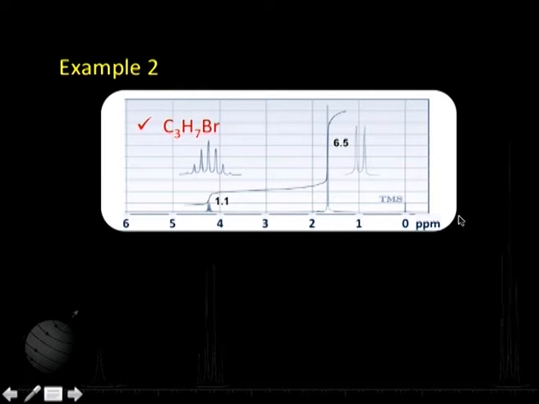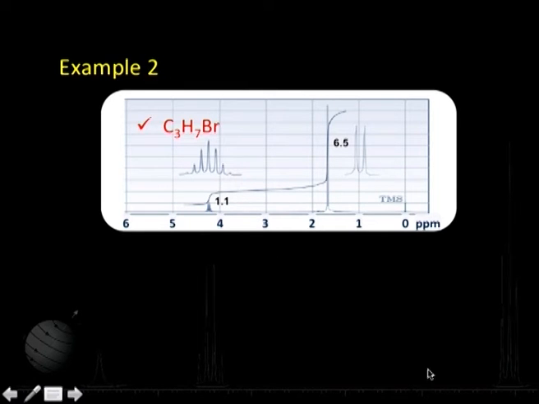Let us take another example, say of C3H7Br. Now, if you look at C3H7Br, again we go the same way. This is the spectrum here. Again, I have taken a very simple molecule and there are two signals. This one has an integration of 1.1 and this is about 6.5. This happens to be a doublet, and this happens to be a multiplet of about 6 to 7 lines.